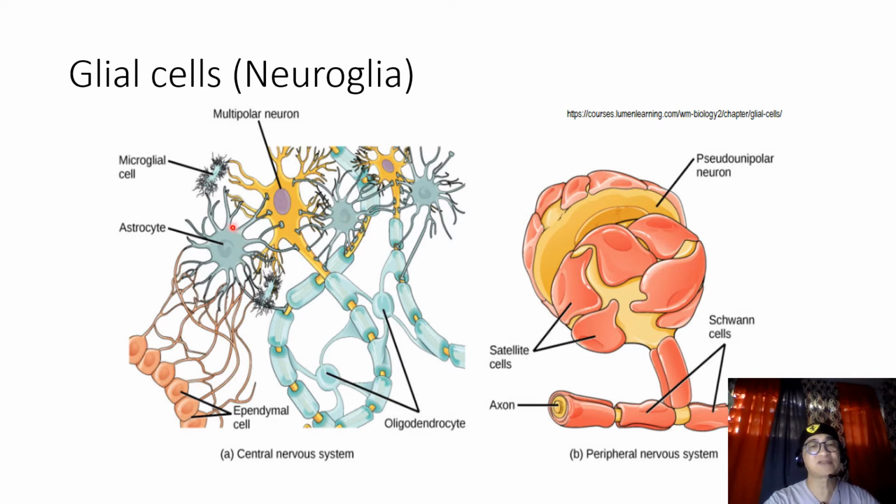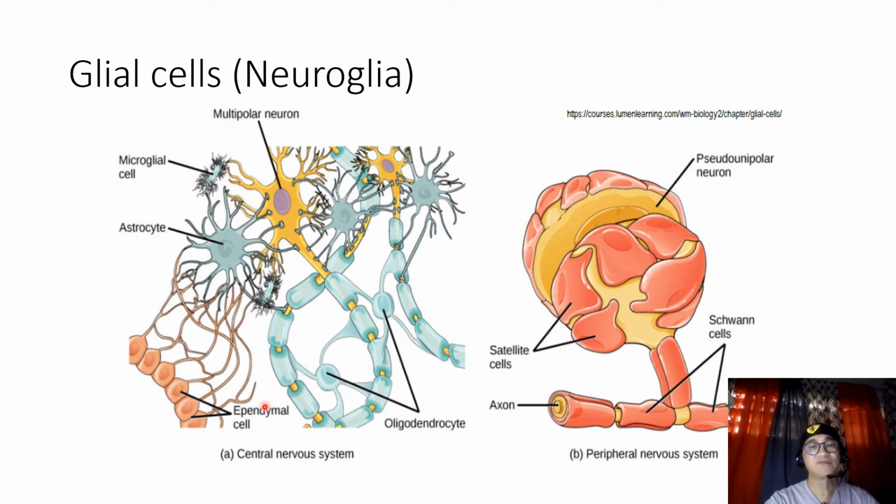Many of them are found in the central nervous system. For example, you have astrocytes. The astrocytes are highly stellate cells that hold on to neurons and surrounding glial cells in the nervous tissue. They form a scaffold that supports all the other cells in the nervous tissue. You also have microglia, which are highly phagocytic, and they act like the immune cells of the nervous tissue. They clean up the environment of the neurons from unwanted debris.